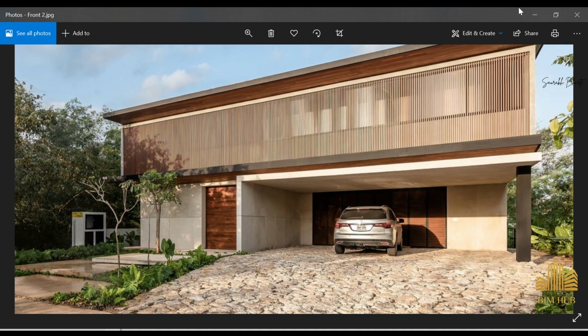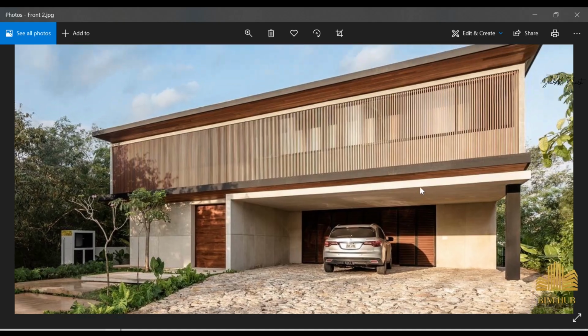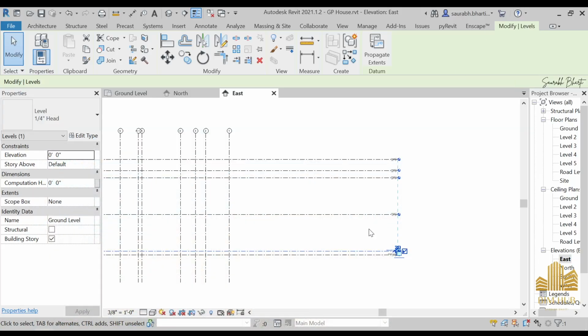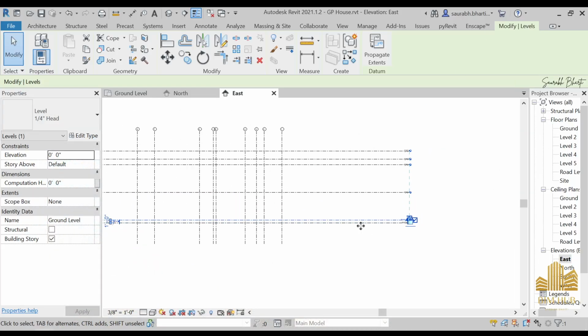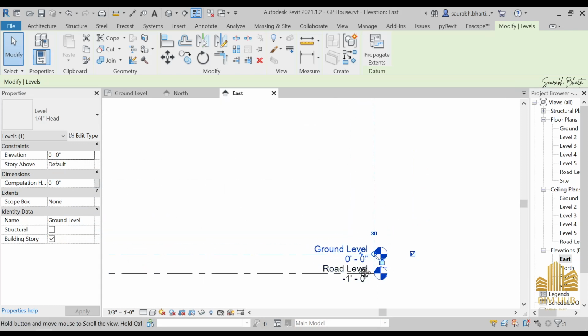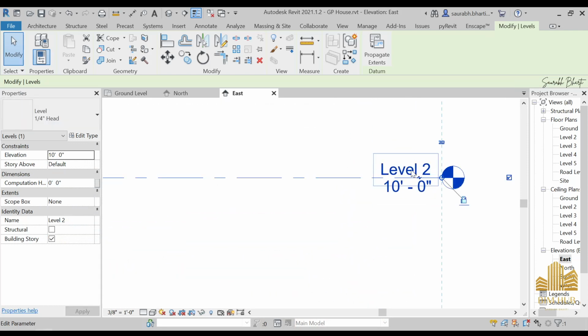So we are going to keep it at 10 feet, and this wall we are going to keep at the outside for the parking. We are going to reduce the size of this wall, as I have figured out. So just go to this level again, and here we can keep it as ground level. So this is our first floor,